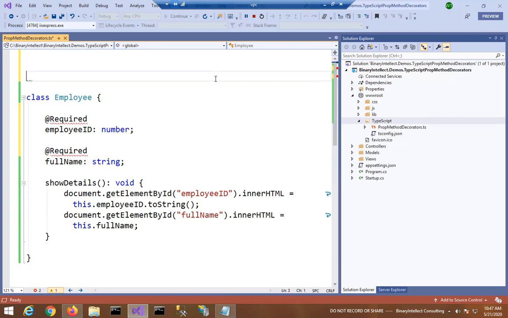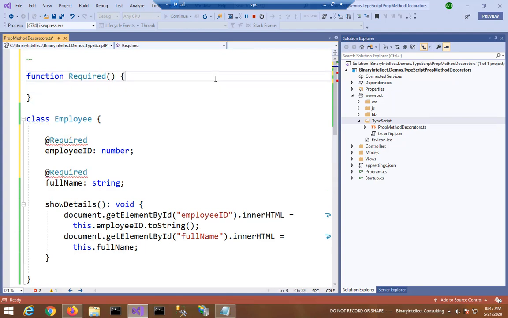Now this required decorator is essentially a function. So let me add that function, required. The property decorator function takes two parameters.